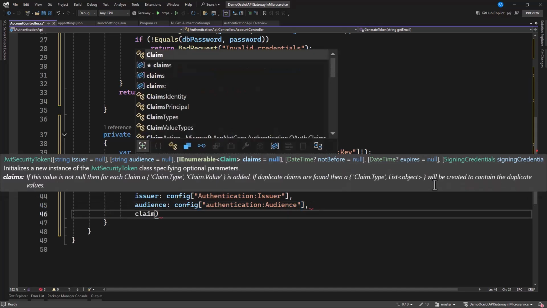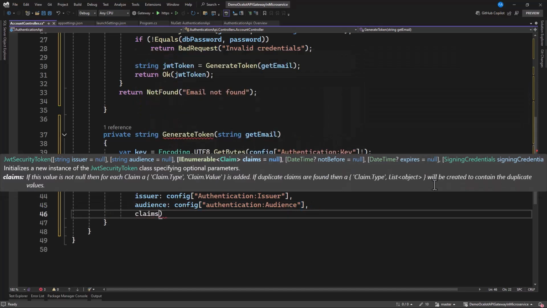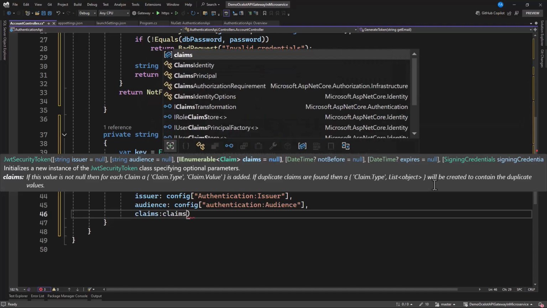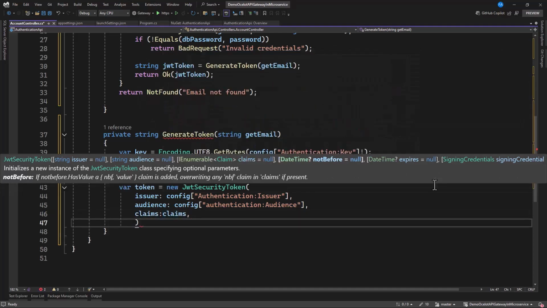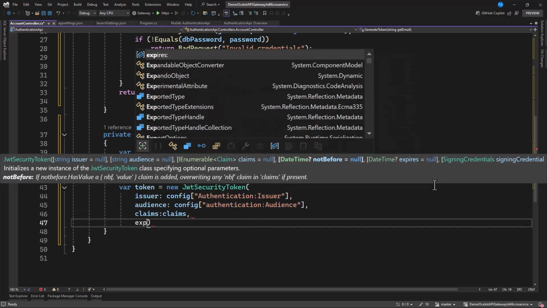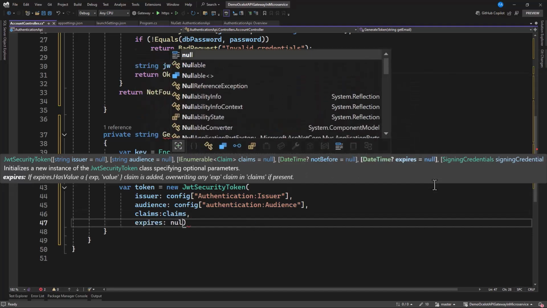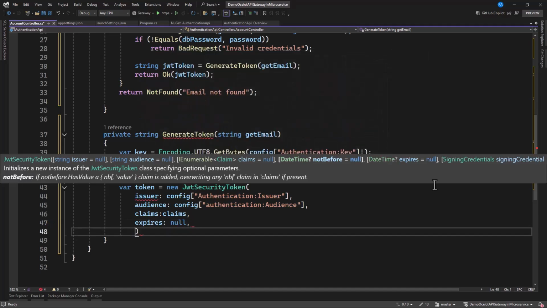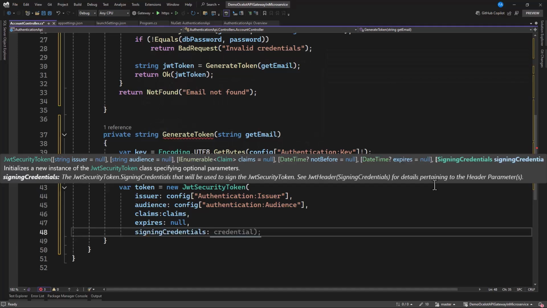We need our claims. So in our claims, we have the claims created already, and the next thing that we need here is an expiry. So this is going to be null because we are not having any expiration time in here. And the next one, let's have our signing key, signing credentials, and in here we have our credentials in there.